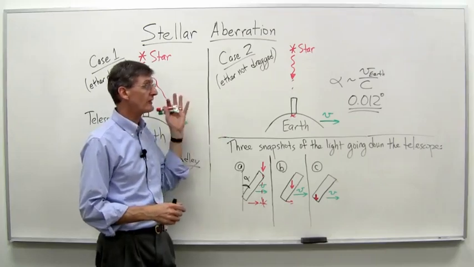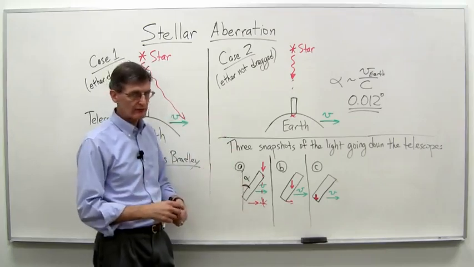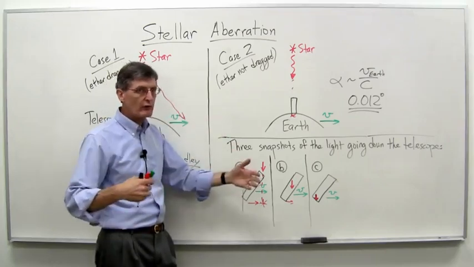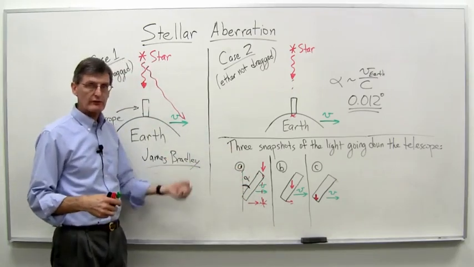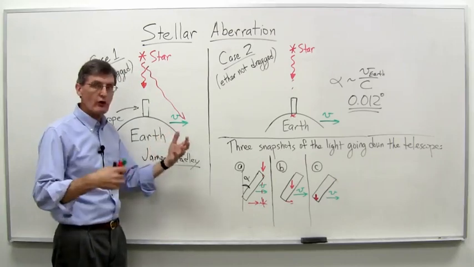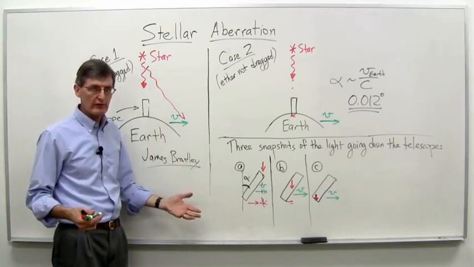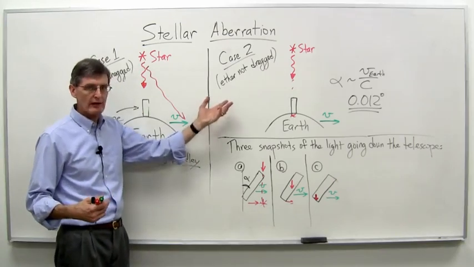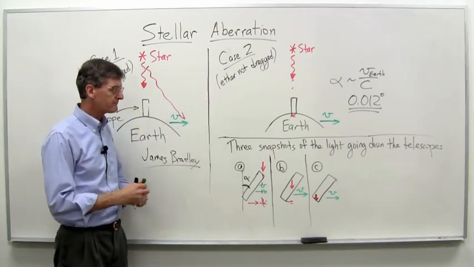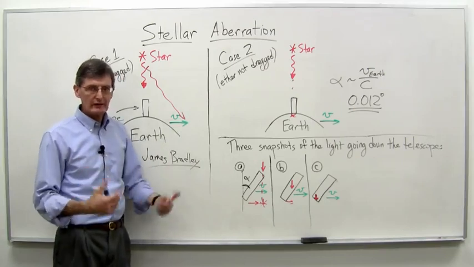You had experiments like stellar aberration and some other results too that indicated there was no ether drag at the surface of the Earth. And then you had experiments like the Michelson-Morley experiment that was showing no ether wind at the surface of the Earth. Therefore, how do you explain that? Well, maybe ether drag, and yet it can't be drag because you have experiments like this as well. So it was a big puzzle, big conundrum.